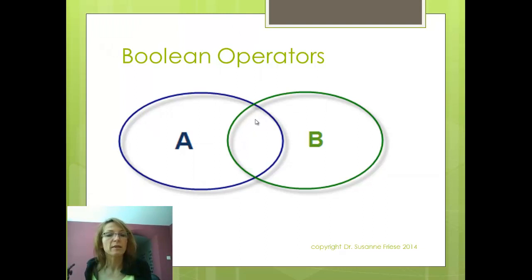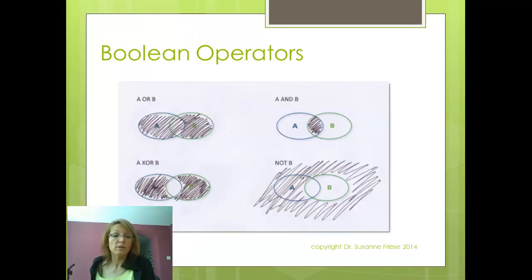and and is just the intersection. That means in terms of coding, you have one quotation that has two codes attached, and we'll see that back in the software I'm going to show you. In Atlas, like any software, it is quite precise. If it's one character less or more, you won't find anything. If you use the AND operator, it needs to be the exact same quotation that has two codes attached to it. So or is all of it, and is just the intersection, and XOR is either or without the intersection,